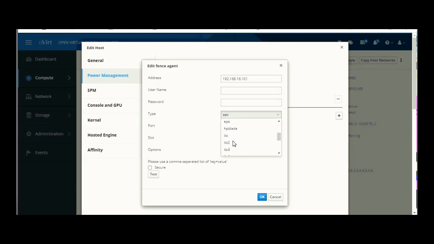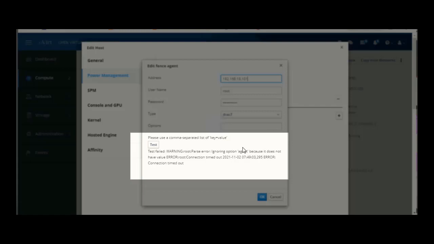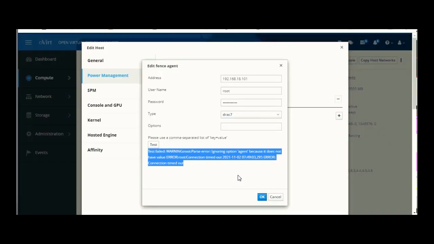Here I can find only iDRAC 7, it does not show me iDRAC 6, iDRAC 8 and onwards. So I am using the username and password for iDRAC and hit the test button. It returns an error, it failed with a warning.